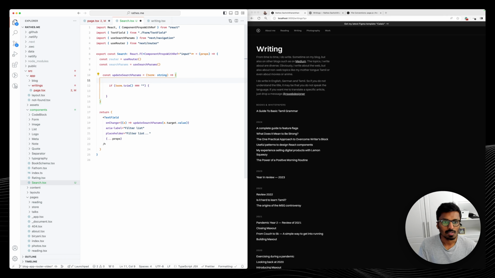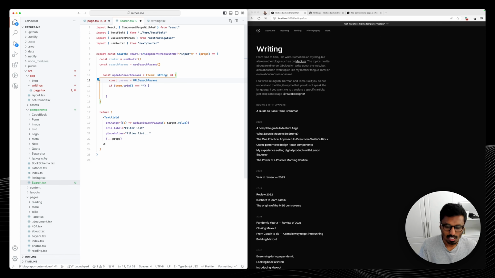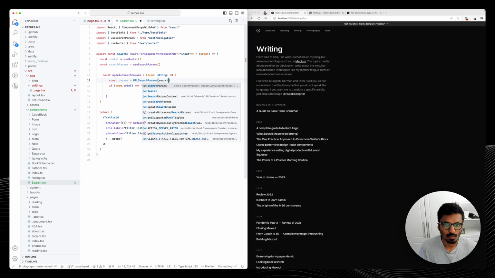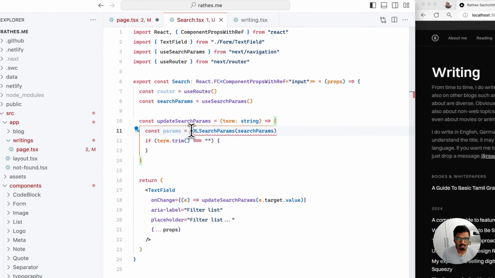So let me do params equals URL search params. URL search params basically makes working with search params so much easier. And this has to be new,